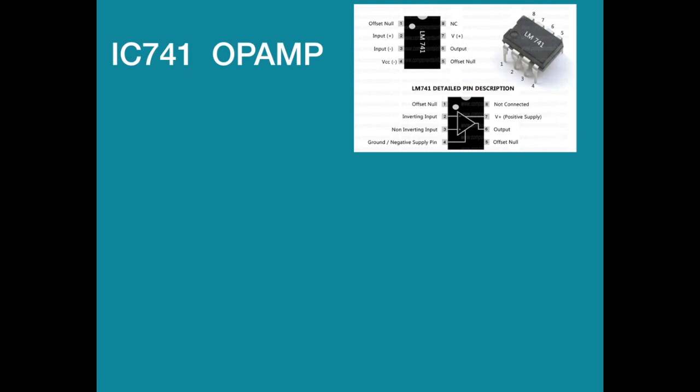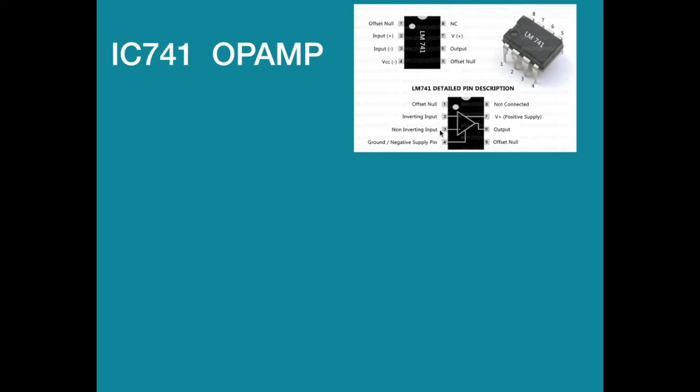Now we are going to use IC 741 operational amplifier in the lab. So we'll just see in detail this particular op-amp. You can see here it's a 8-pin IC, right? And pin number 1, we have this mark here. So we start counting from this mark. So 1, 2, 3, 4, 5, 6, 7 and 8.